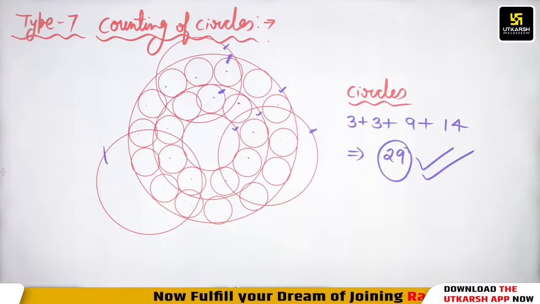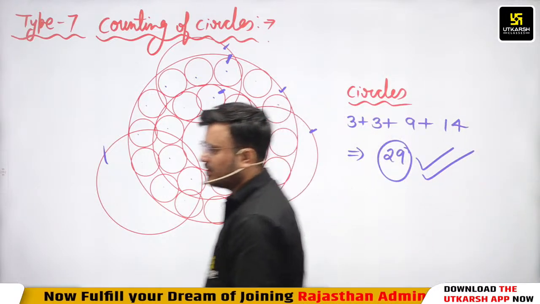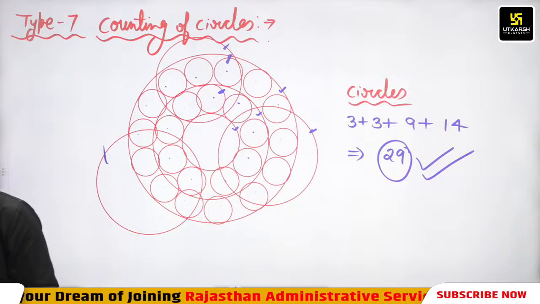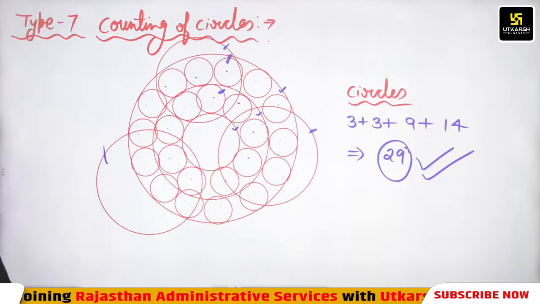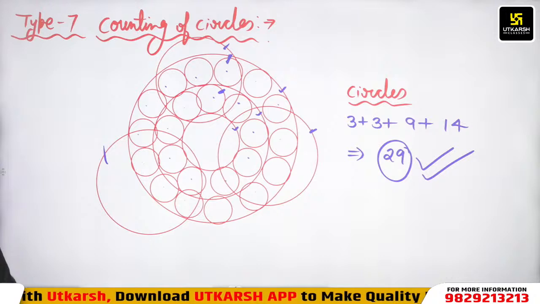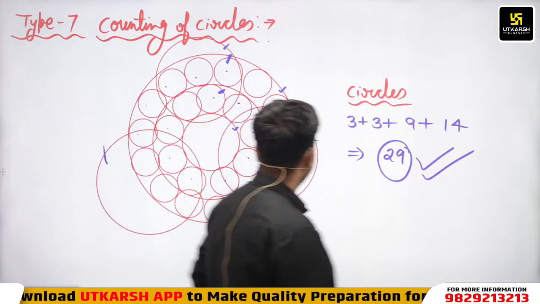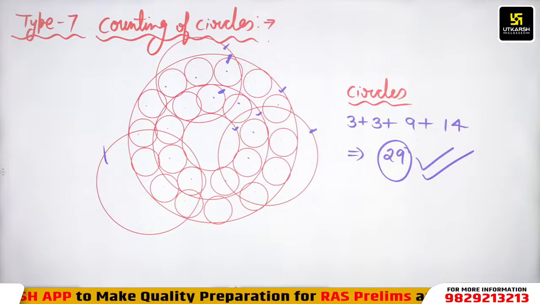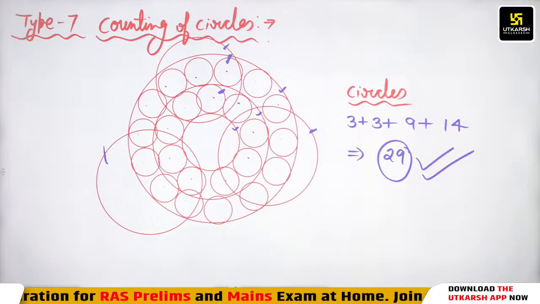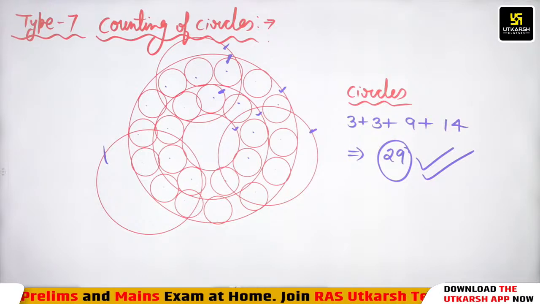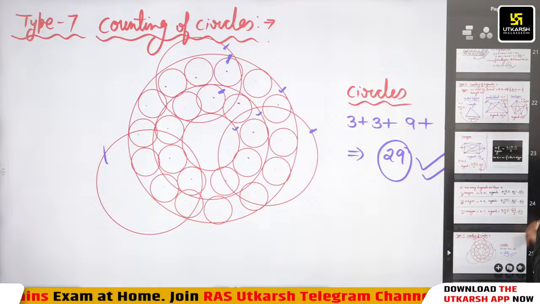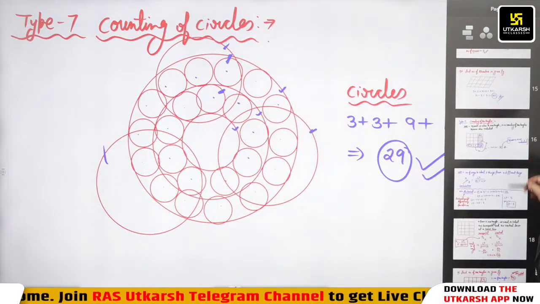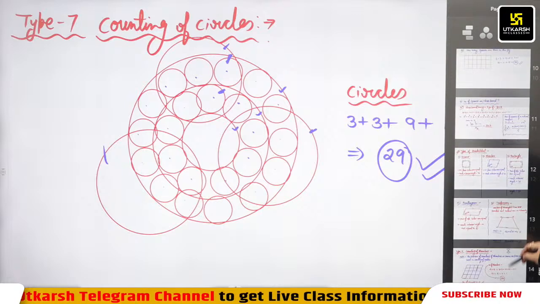No new circle will be formed with the help of two circles or the intersection of two circles. That's why counting of circles is the simplest type among all of them. Okay, so now I hope you understood how to count circles. Less important with respect to your exam. So now moving forward to the next and final type, which is very important with regard to your exam,